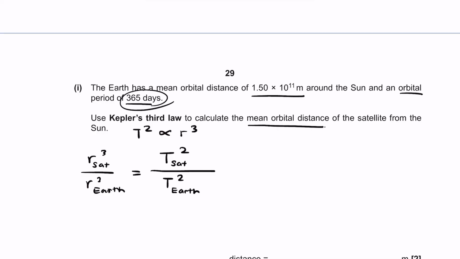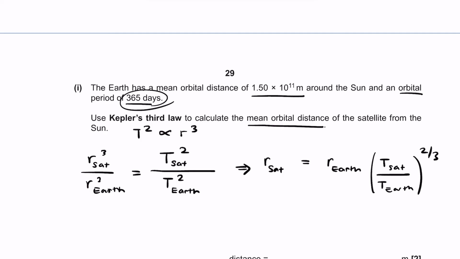And we can just rearrange this to make r sat the subject. So r sat is going to be equal to, and we're going to have to just cube root both sides, so T sat over T Earth